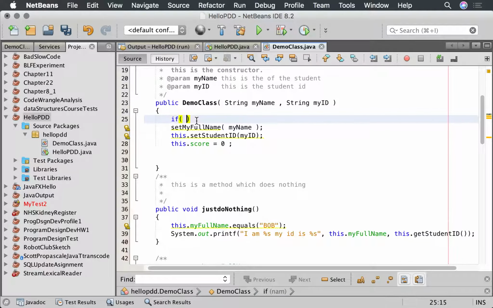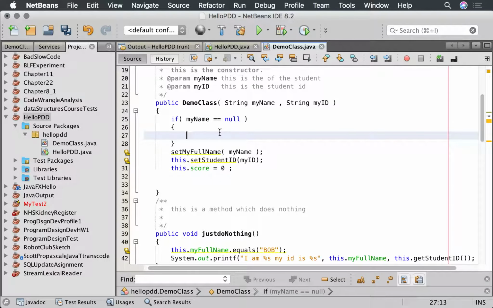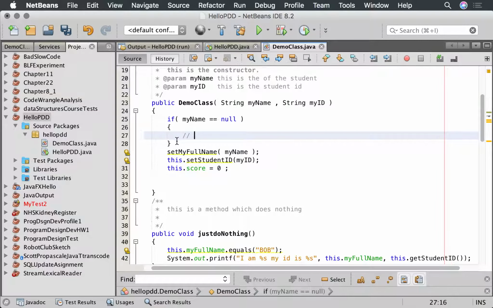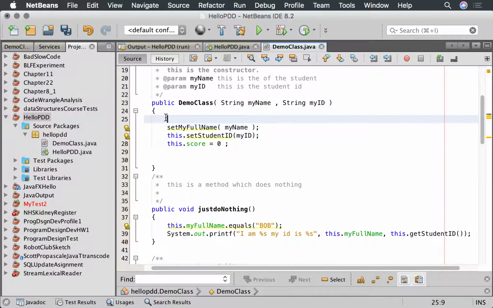I could write, if name equals null, do something. But this makes your code very big for these very rare occurrences. So in a very early version of Java, they invented the concept of assert. So I can now say assert my name is not equal to null. And what we're saying is check to see if the name is equal to null. Now if I run the program,